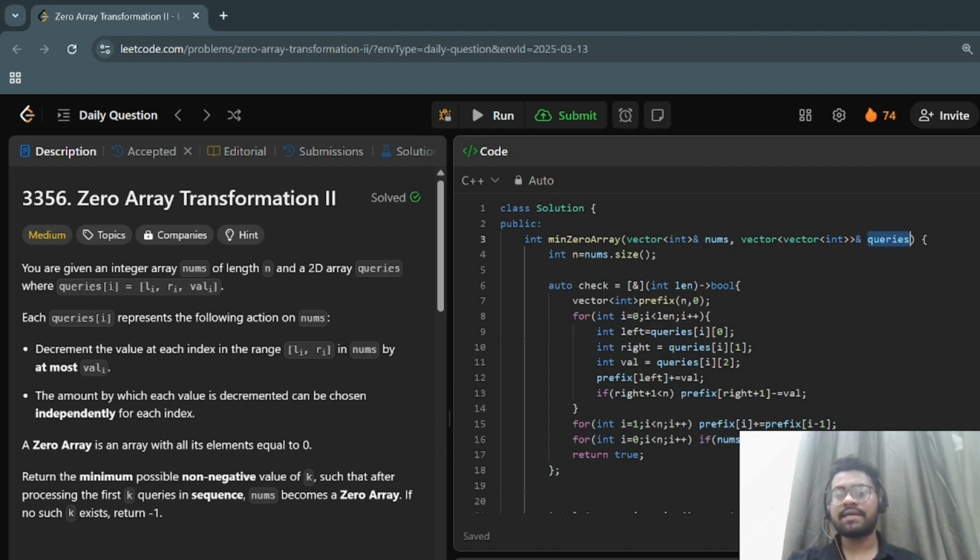If you write a lambda function, it is still inside the function scope, so there is no need to pass nums and queries as parameters into this lambda function. That's why I generally prefer the lambda function, in order to get rid of passing huge parameters into a specific function. So what I'm doing is I'm just writing a lambda function